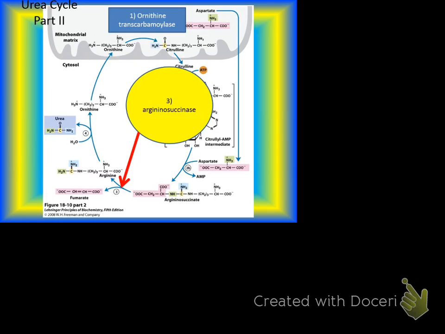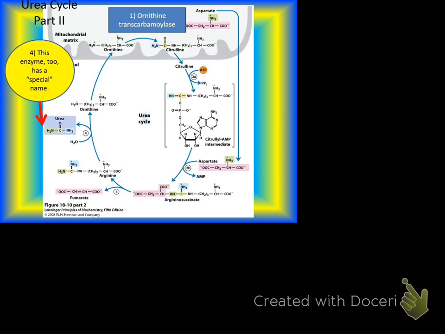And now the last step of the urea cycle is where water comes in and it kicks off urea to make the ornithine. Of course, ornithine then can travel back into the mitochondrial matrix. And so we get the fully oxidized urea, which, where does urea go? Yes, it is eliminated. It's the technical term for it, but yes, it does go out into your urine. Okay, and so that way we can get rid of those pesky nitrogens, get all of our energy. And this enzyme also has a special name.